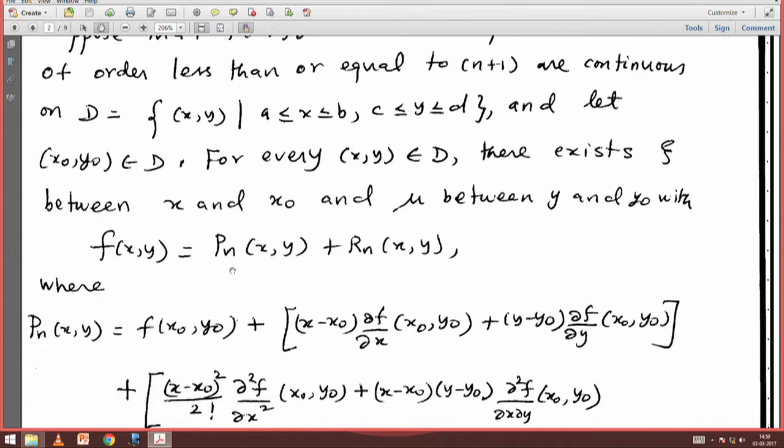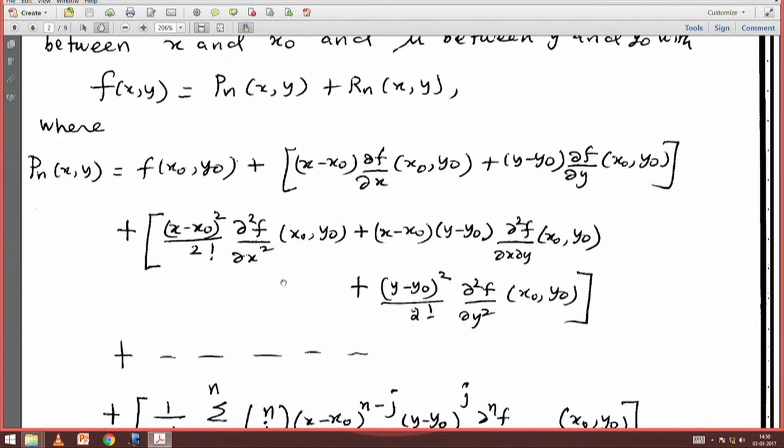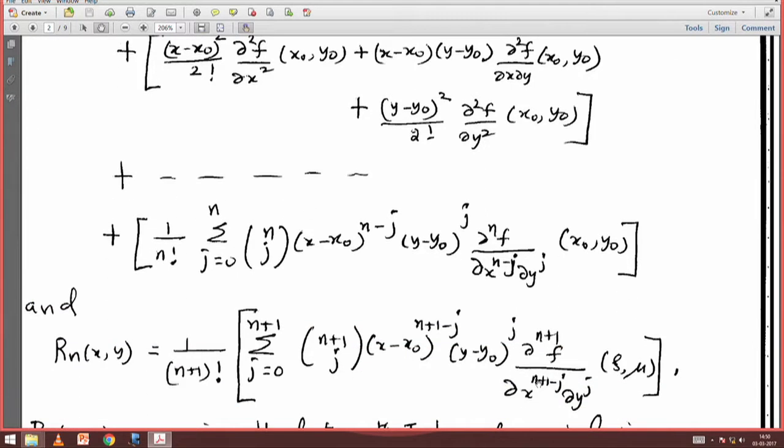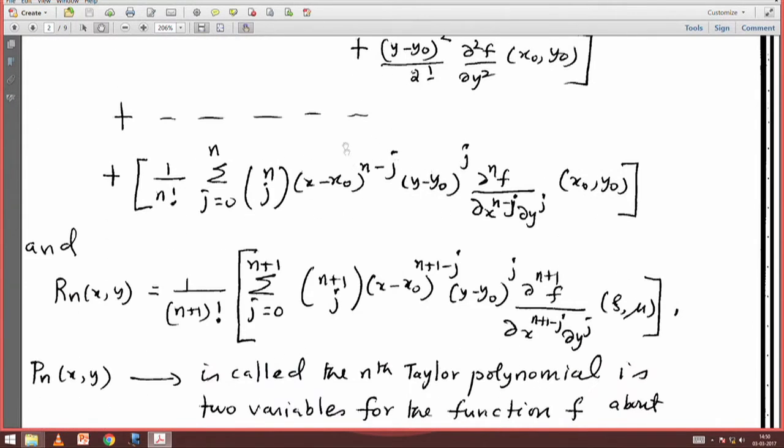f of x comma y equal to Pn of x comma y plus Rn of x comma y, where Pn of x comma y is f of x naught, y naught plus x minus x naught into partial derivative of f with respect to x evaluated at x naught, y naught plus y minus y naught into partial derivative of f with respect to y at x naught, y naught plus the higher order terms, plus the term involving the nth order partial derivative that constitutes Pn of x, y, and Rn of x, y is